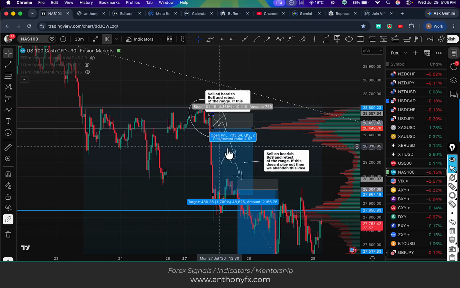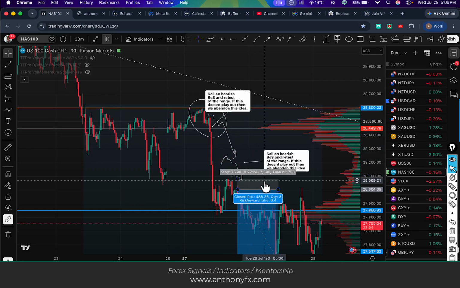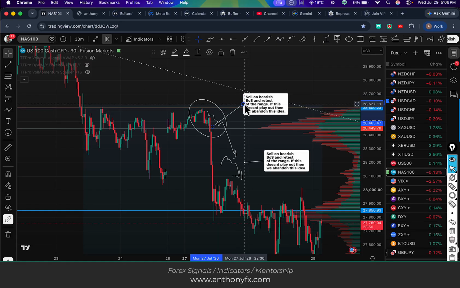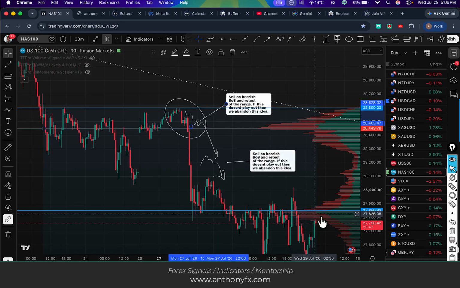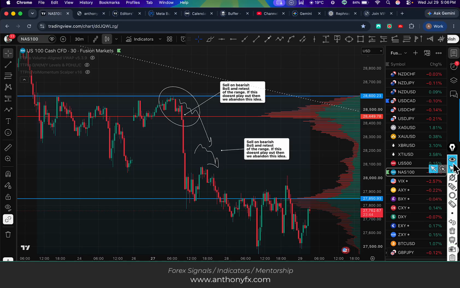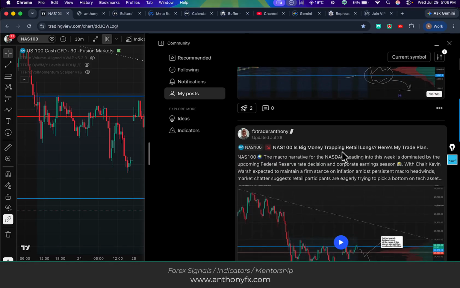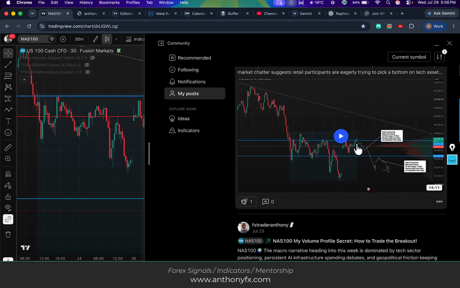The NASDAQ. So this was the last idea I sent you guys in a video. What we're going to do is have a look at another trade plan for today. But I sent this in and they played out beautifully. We were looking for a sell on this break here, and then on that pullback, sell again on that